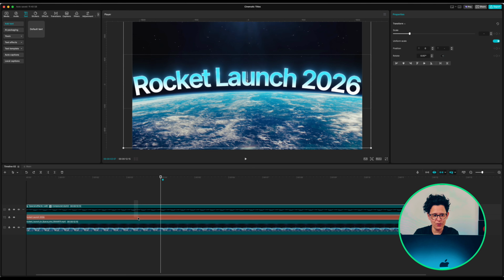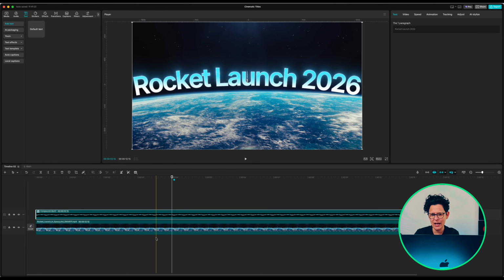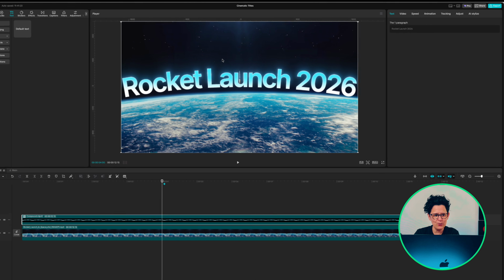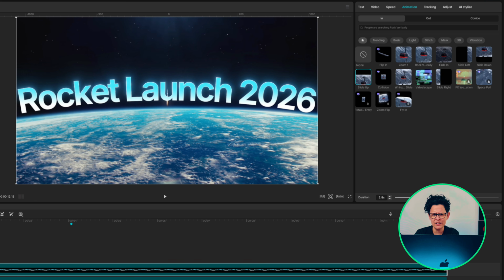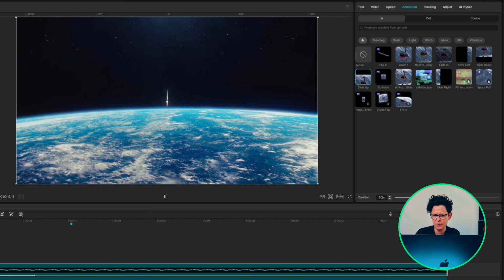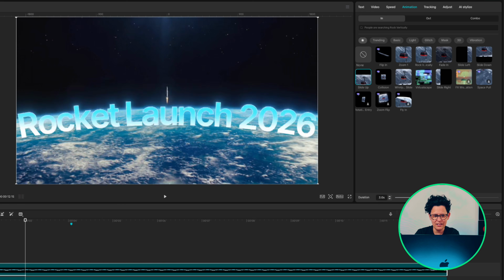Now highlight both layers and create a compound clip. And here comes the magic. We're going to animate this in a way that it looks like the text comes out of Earth. Go to In Animations and apply a slide up animation. We want something slow and cinematic, so set the duration to 3 seconds. As you can see, the text just sliding up from the bottom of the clip like this, and it doesn't